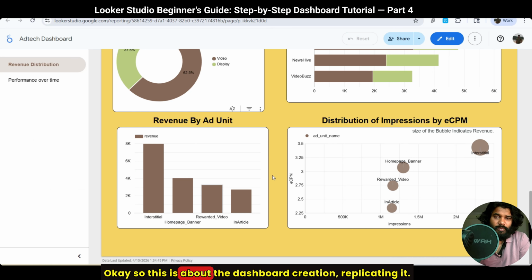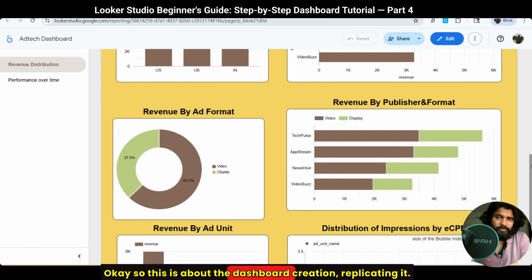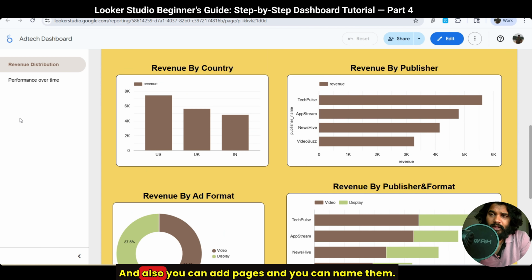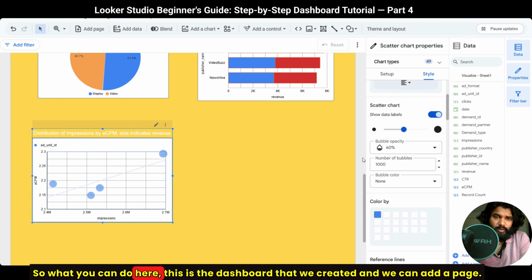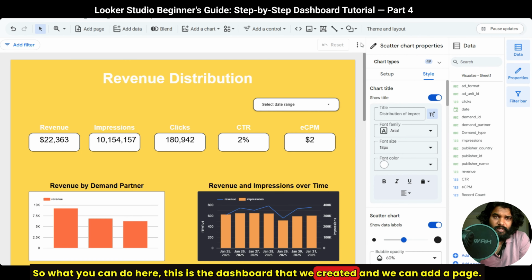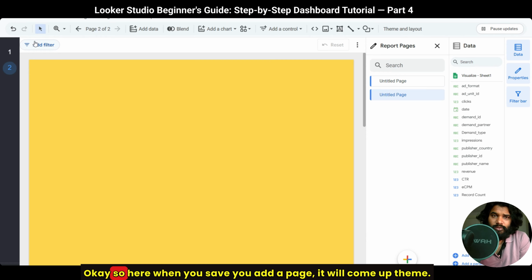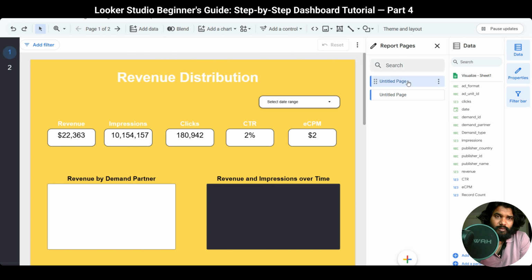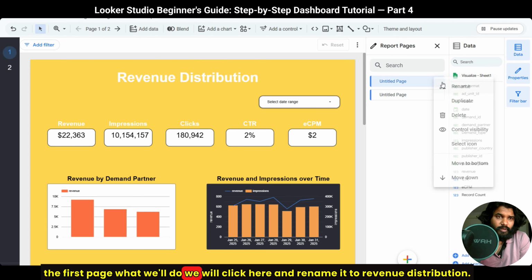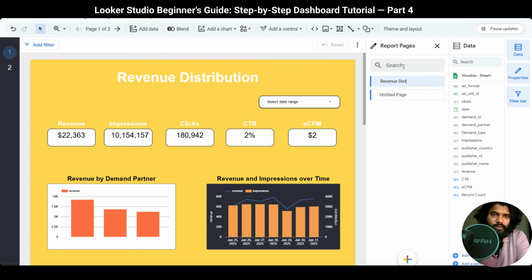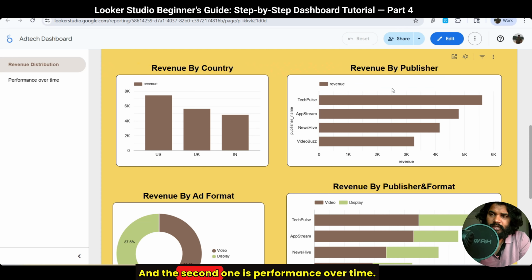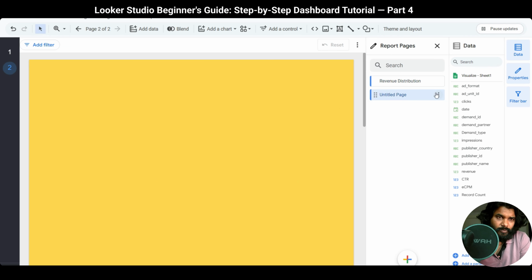Okay, so this is about the dashboard creation for replicating it, and also you can add pages and you can name them. So what you can do here, this is the dashboard that we created, and we can add a page. Okay, so here when you say we add a page, it will come up with a theme. Okay, the first page, what we'll do, we will click here and rename it to revenue distribution. Okay, and the second one is performance over time. So right click,